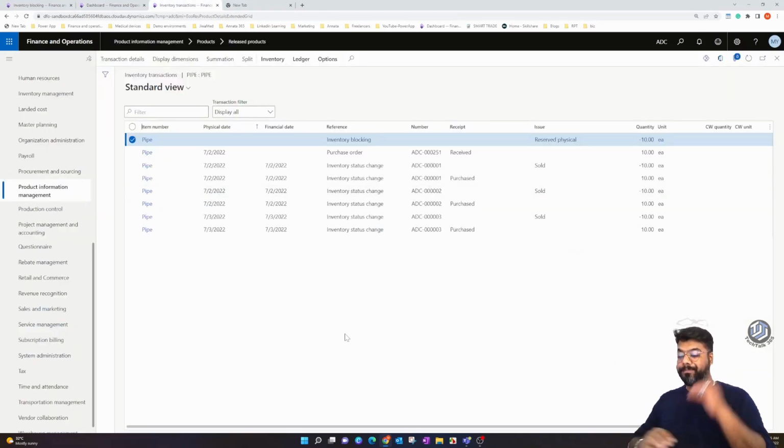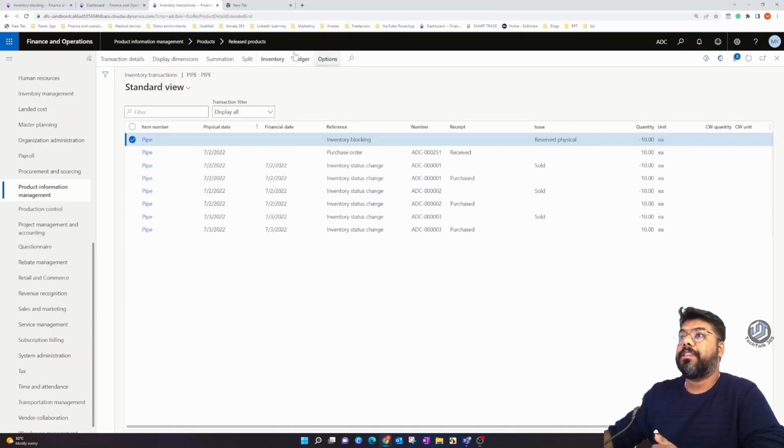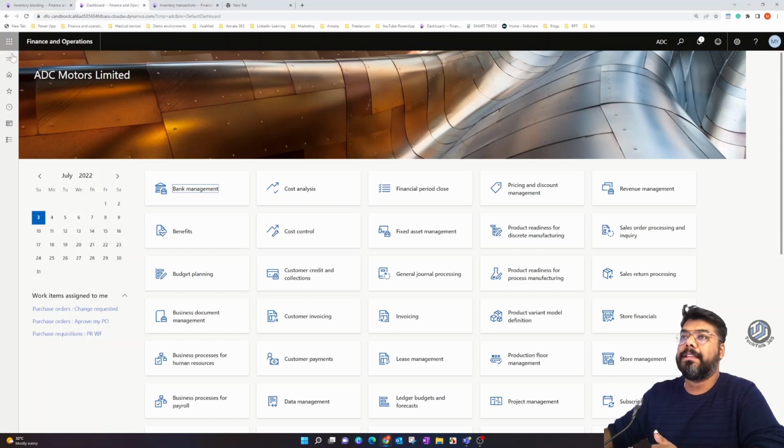So now I'm talking about the inventory status and I'm updating the inventory status from the warehouse management module in this case, but we are in a quality management topic, right? So in order for me to connect the concept of inventory status with quality management, it is also possible to default the inventory status onto a specific quantity from a quality order. Okay, so the setup for that is, I think it is in the